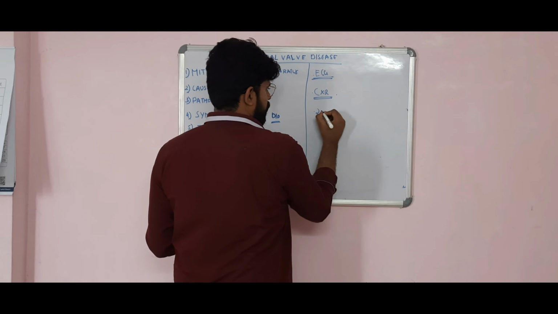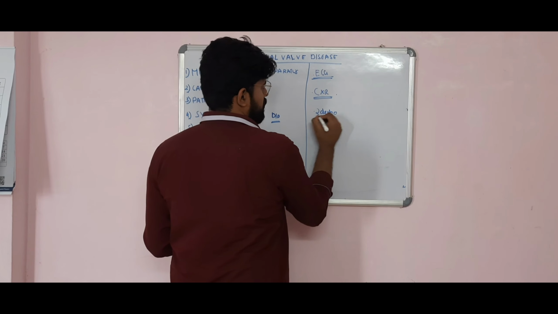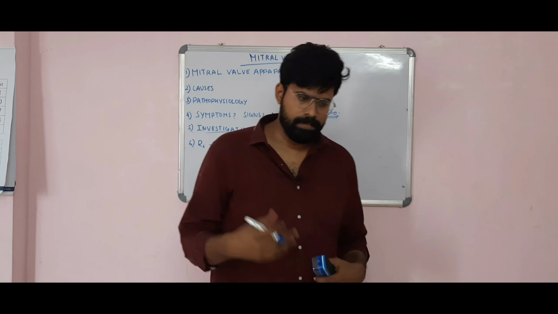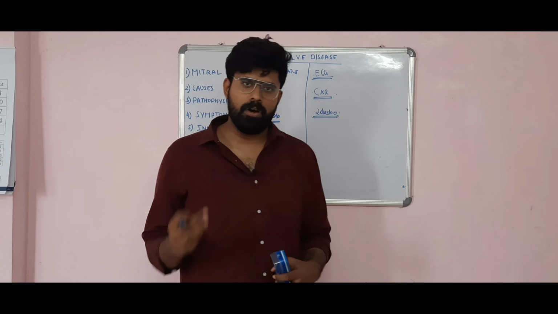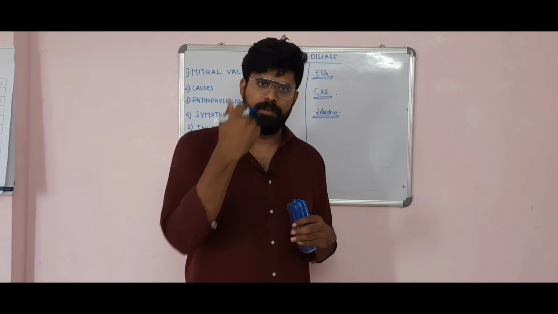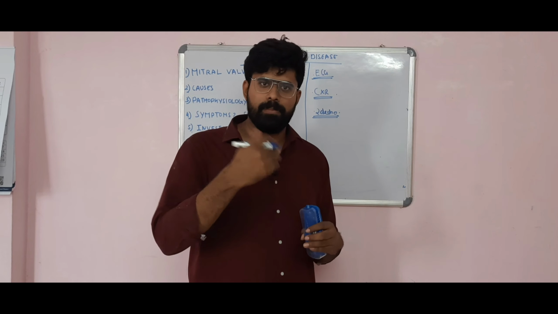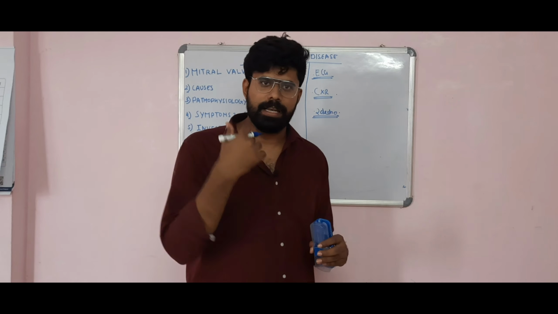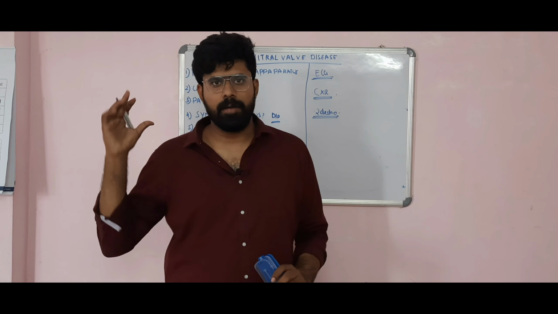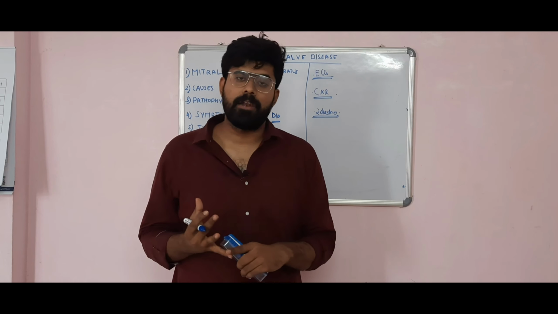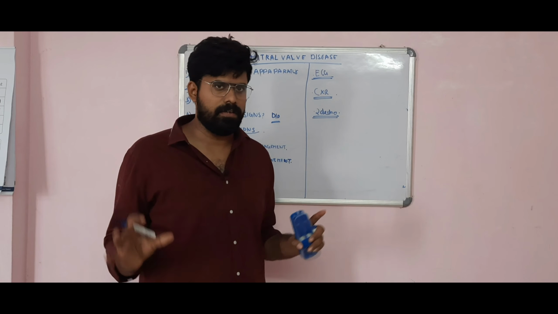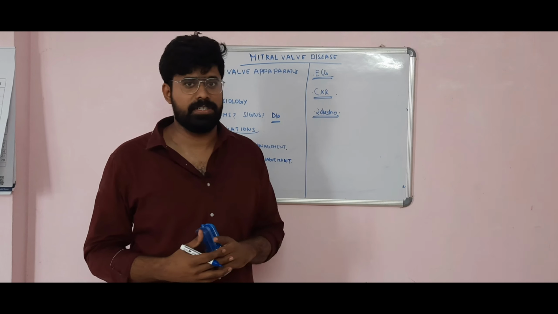Then you have to do a 2D echo. This is the most sensitive investigation you can do in a patient with mitral stenosis. This can gauge the orifice size, the gradient between the left atrium and left ventricle, the pulmonary artery pressure, and the left atrial pressure. These are the most important things which can help us decide about treatment. You can also identify if there is any presence of an LA thrombus. This is one of the most important investigations to be done.